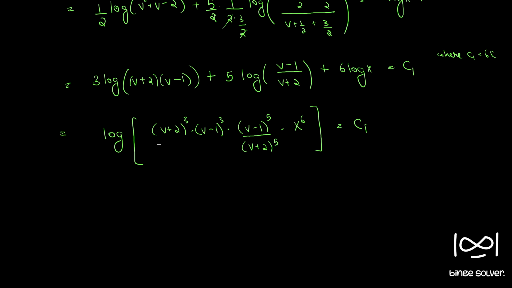Now we can simplify this further. Before that, we can take e to the power on both sides to eliminate this log function. Simplifying, (v plus 2) cubed and (v plus 2) raised to 5 cancel out. So v minus 1